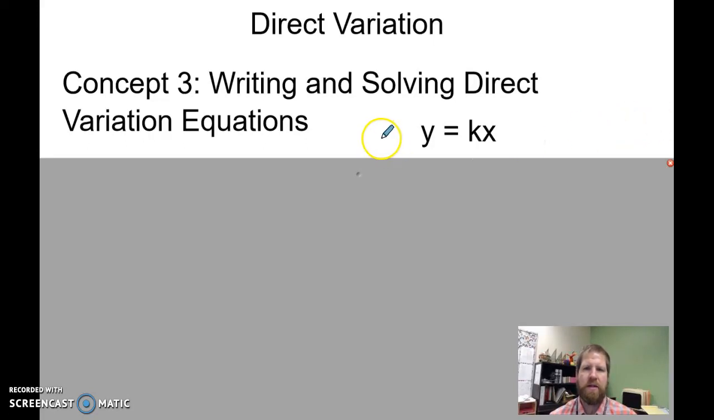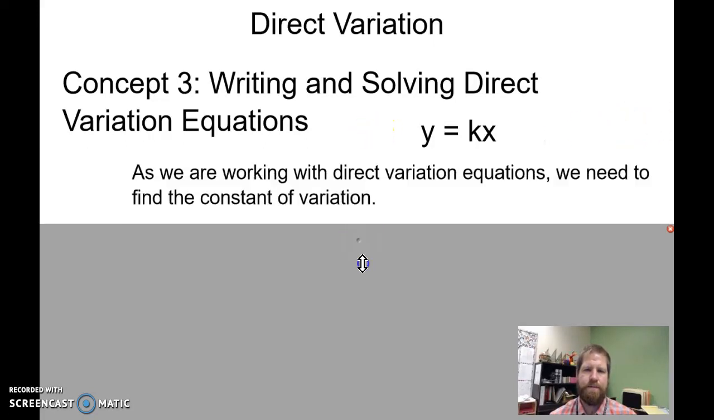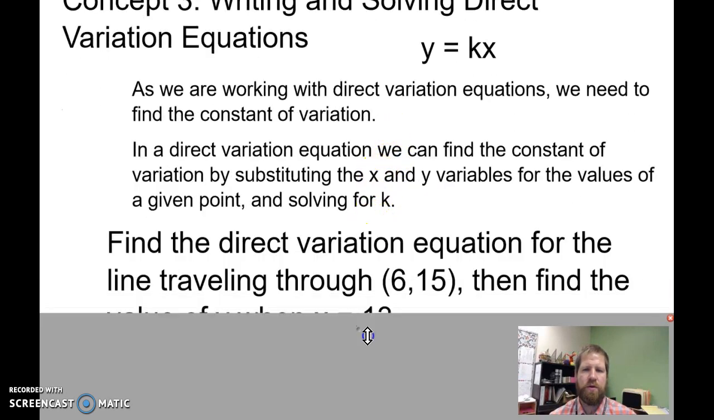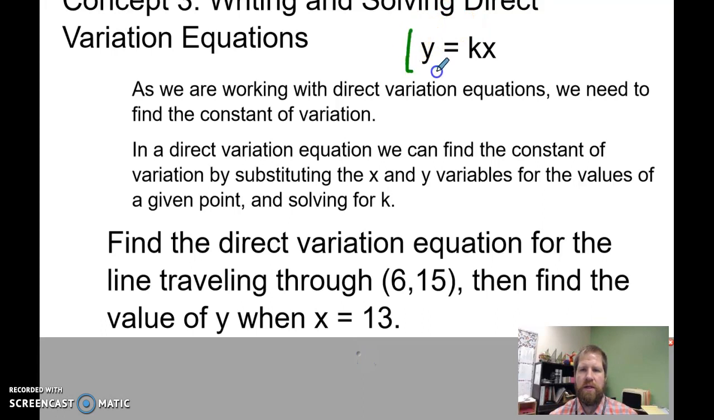Concept 3, writing and solving direct variation equations. So when we're working with direct variation equations, this is our form, and all we really need to know to have that form and have our equation complete is our k, our constant of